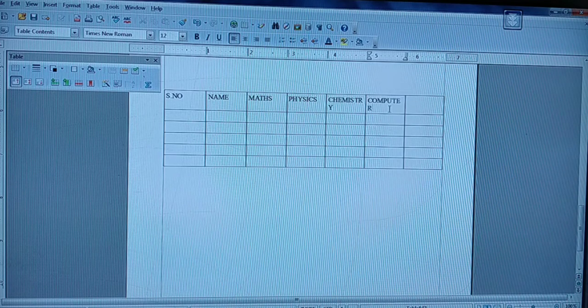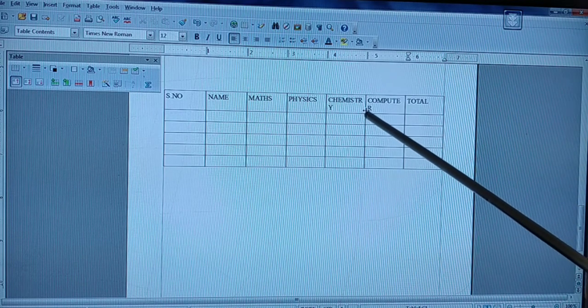Now I am going to type the term computer, and next we can have the term total. Clear? So here see, the space is not enough for chemistry and computer, so it is adjusted automatically to the next line. If you people are willing to adjust the size, yes, you people can do it. So here, when it is at the center border, automatically the cursor is changed into double headed. Able to see this one?